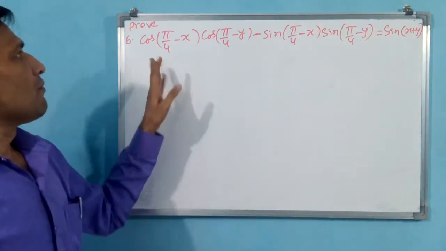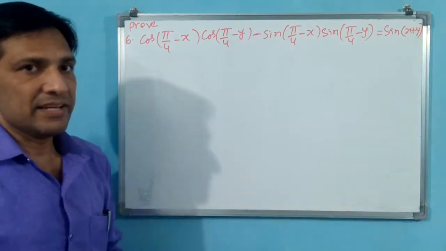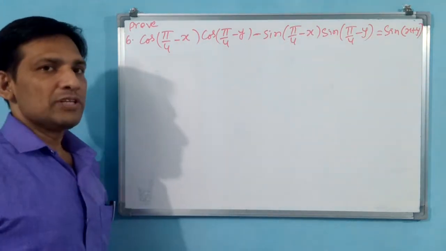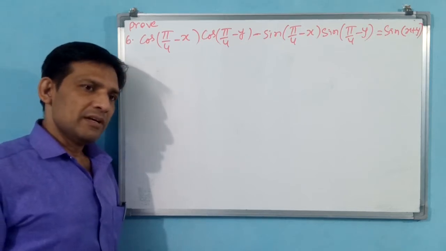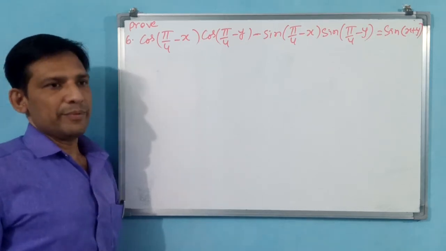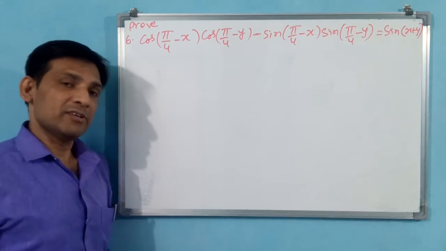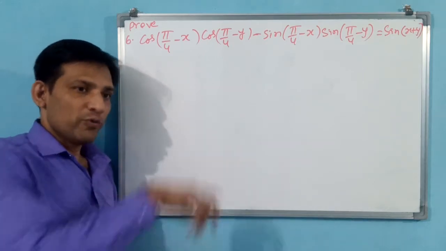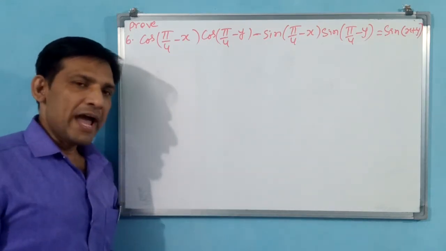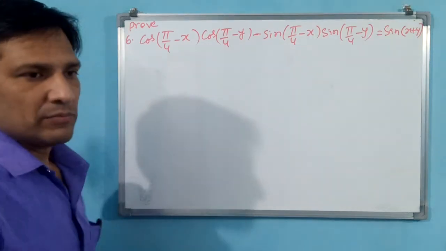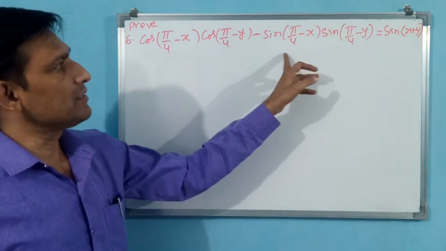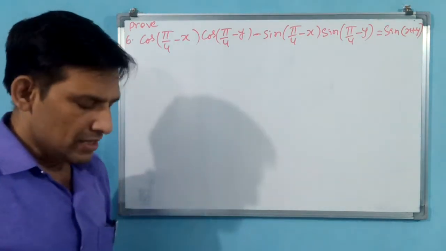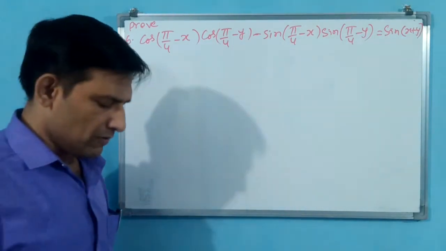Okay, here both cos and sin are there. That means in cos only that will come. Cos a plus b is equal to cos a cos b minus sin a sin b. Cos a minus b is cos a cos b plus sin a sin b. If you add, 2 cos a cos b will come. If you subtract, minus 2 sin a sin b will come. You see, minus 2 sin a sin b like that. Okay. How to convert that formula also we will see.